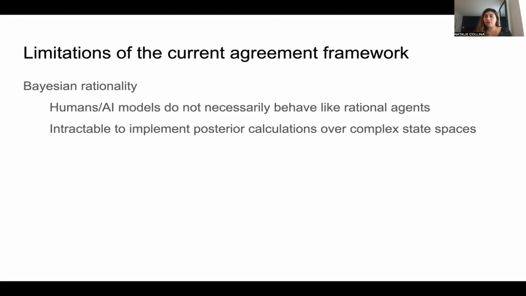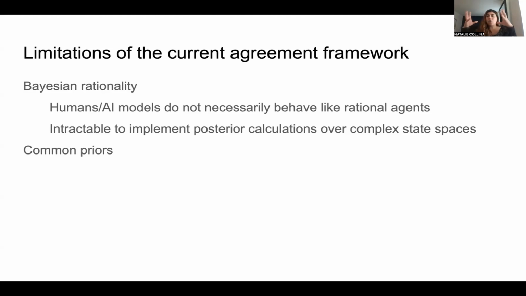Like in particular, this can be an intractable operation if the state space is complex, which in the real world it is. So unless we are willing to assume that humans are always able to do computationally hard problems, then I think it's hard to assume that this is always the case. And AI models also, I think thinking of them as Bayesian rationals is pretty unnatural, because of course they are not even based in the same sorts of fundamental operations that humans are, which is why we came up with these notions of rationality.